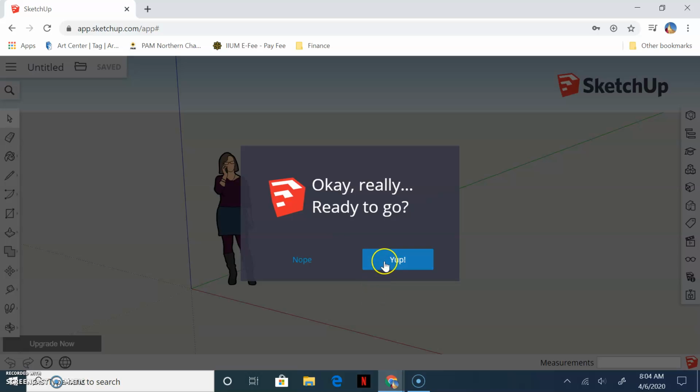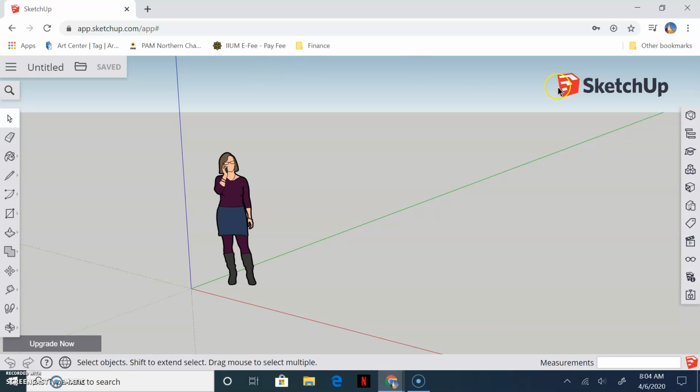So ready to go? Yep. So this is the window of your web base, SketchUp web base. So kali ini kita akan menggunakan penggunaan SketchUp